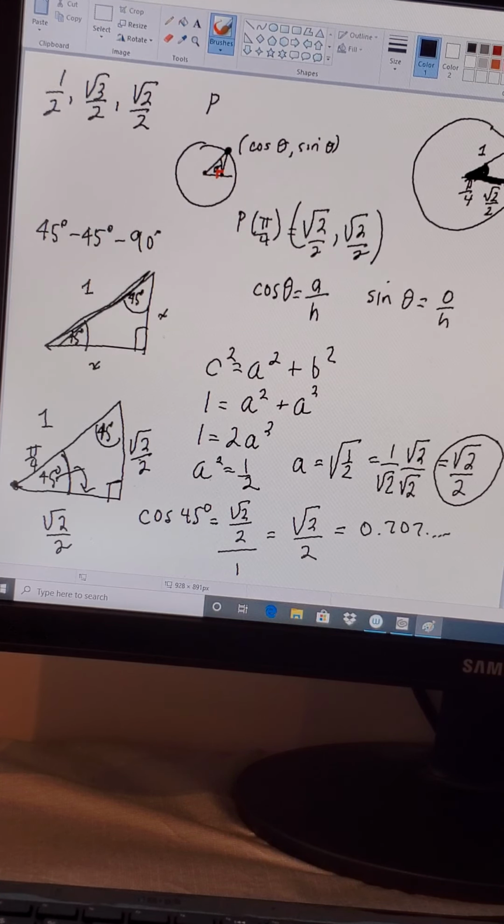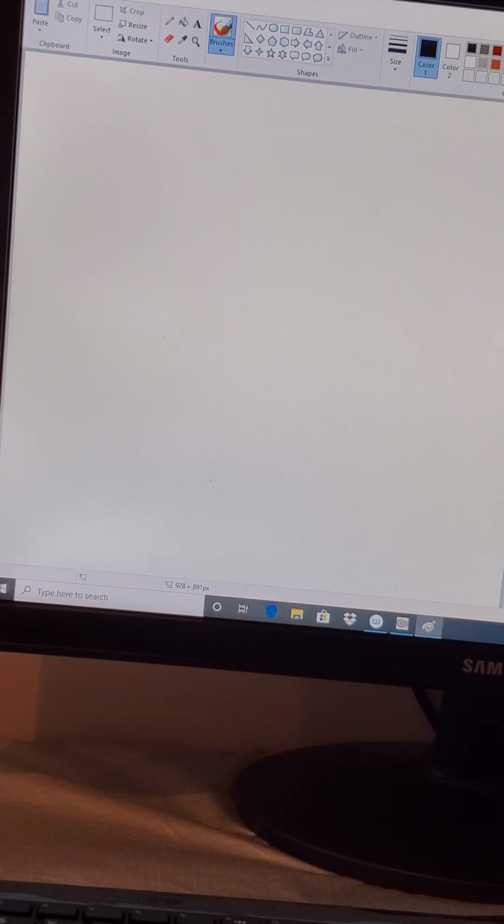Now, just quickly, I'm going to show you the other special triangle. I don't want this video to be too long, so let me try to speed it up a little bit here. The other special triangle is the 30, 60, 90 triangle. Here, I'll show you what I'm talking about. So in a 30, 60, 90 triangle,